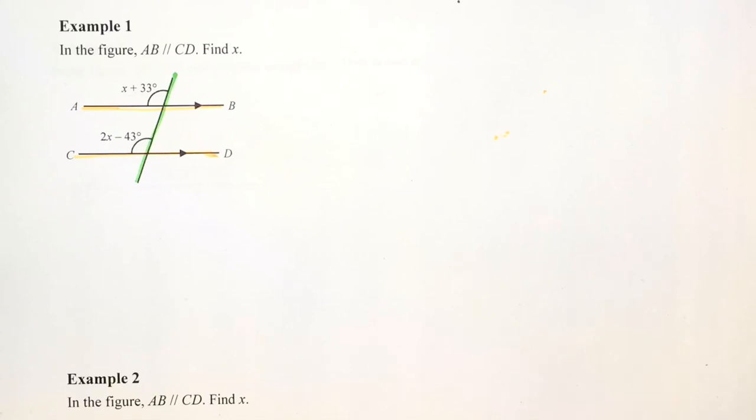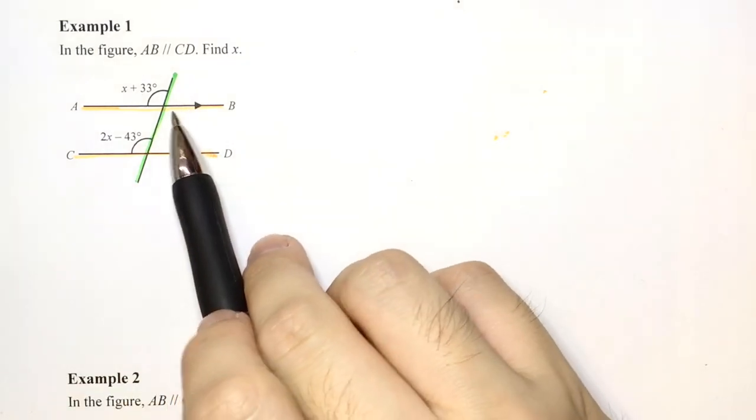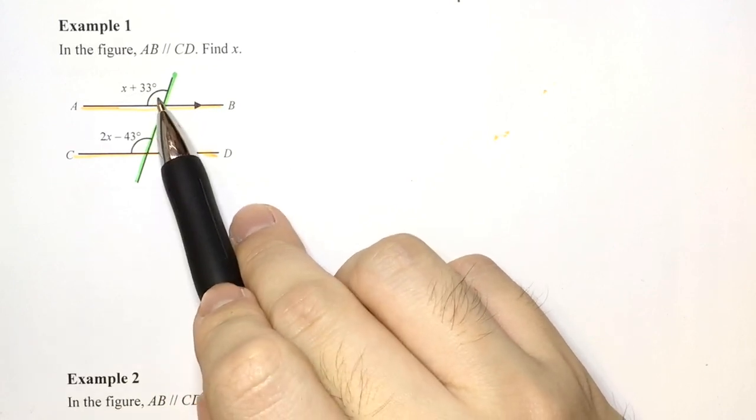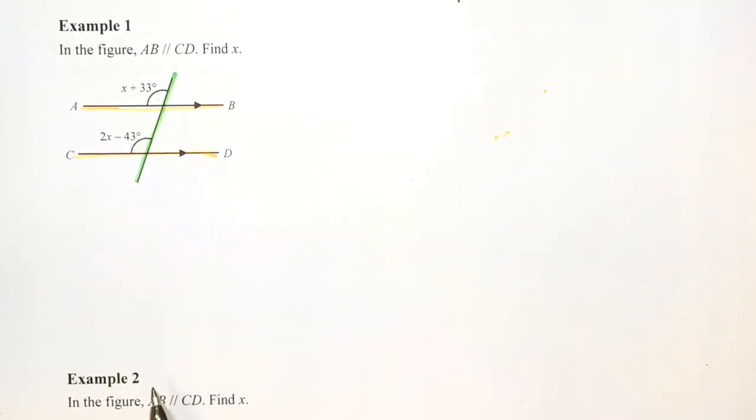Hello everyone. In this video, I'm going to show you some worked examples about angles in parallel lines. Last time we learned three types of angles in parallel lines, right? The corresponding angles, the alternate angles, and the interior angles. Now, example 1 is a simple question where I want you to notice these two angles are actually corresponding